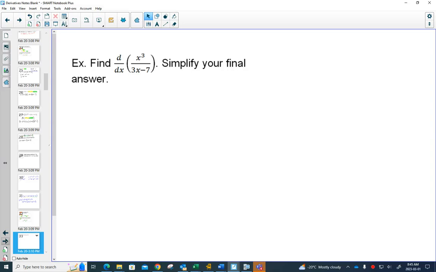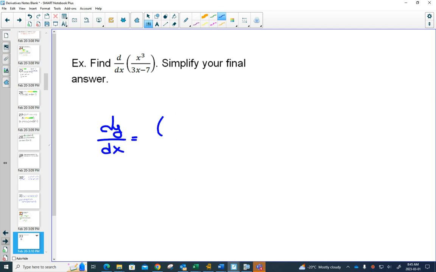So, how do you know when to use the quotient rule? Well, if you have a fraction and the fraction has x's in your numerator and x's in your denominator. You wouldn't need to use it if you had just a number in your denominator, because then it's just like a constant. But in this case, we have x cubed as our top function and 3x minus 7 as our bottom function. So our derivative,